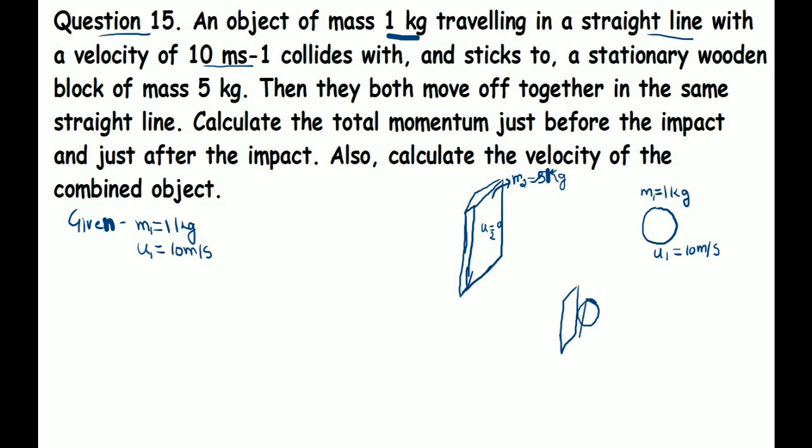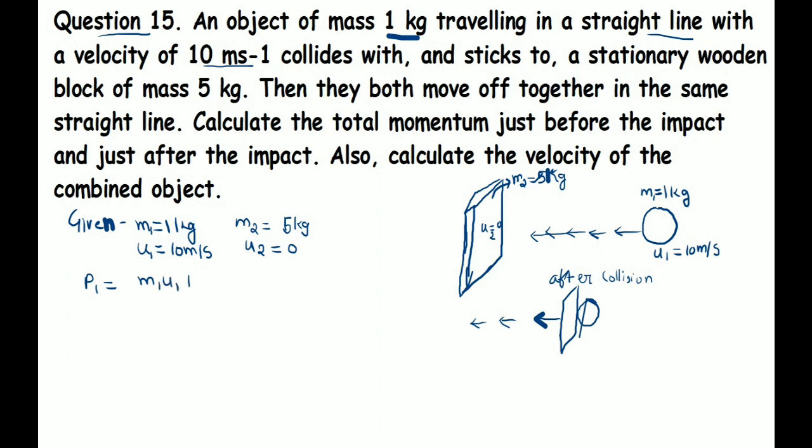Now after collision, what happens? It sticks together and moves in the same straight line. Okay, so let us suppose these two objects combinedly moved in the forward direction after collision. Am I correct? Let us suppose they are moving in the forward direction, like that only, and drawing the arrowhead direction. So now over here I am writing all the values that have been given to us. m2 is equal to 5 kg, u2 is equal to 0.